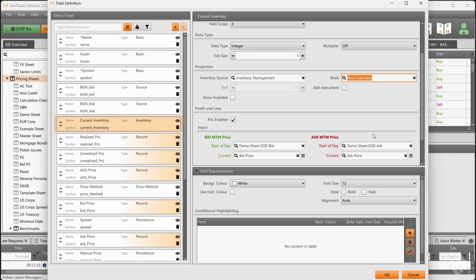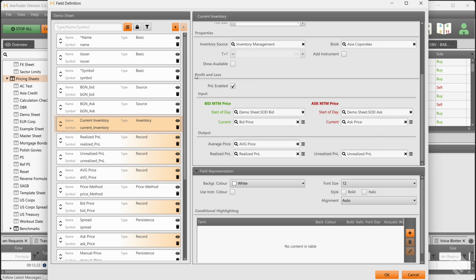In this inventory field, you can also set up fields to capture your profit and loss. You can do this by first defining your mark to market values like start of day, mark to market bid, and ask price, and your current mark to market bid and ask price. With these values defined, you can then next define your output values like the average price, which will calculate the average price of the security based on transactions, the realized profit and loss or P&L, and your unrealized profit and